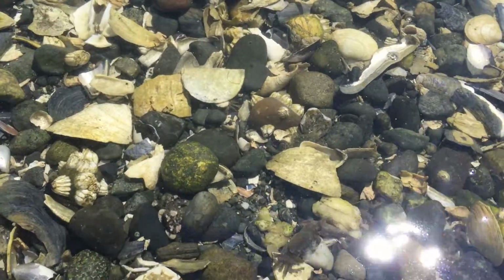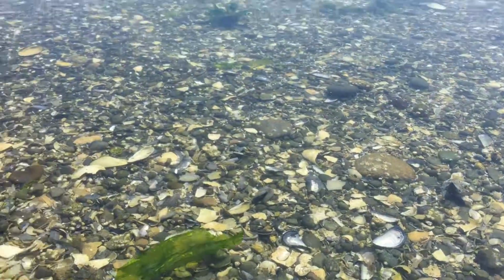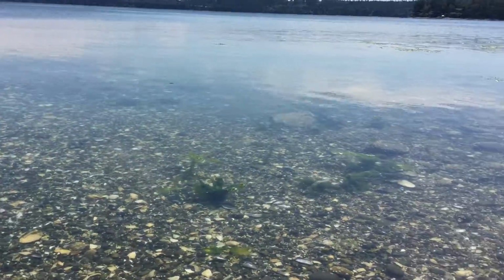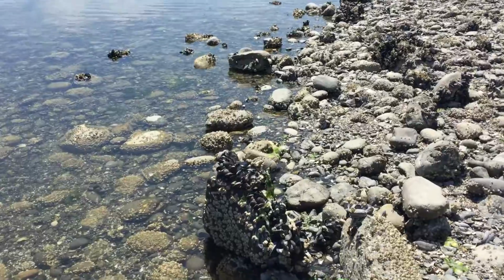We've seen some kingfisher birds coming in and diving into the water for their fish. And then over on my left side, there's been a blue heron kind of wading out in the water as well. So if we come over here to these rocks,